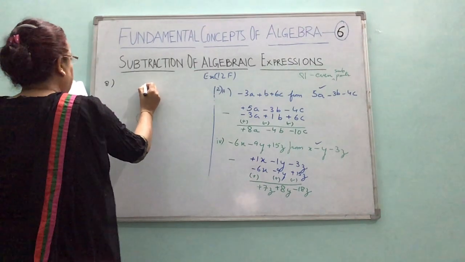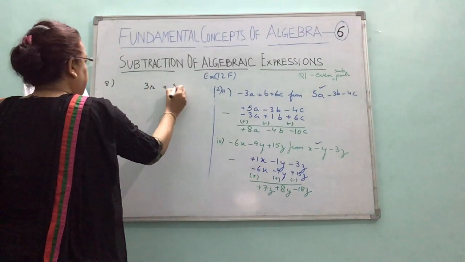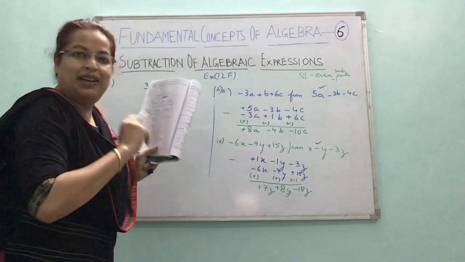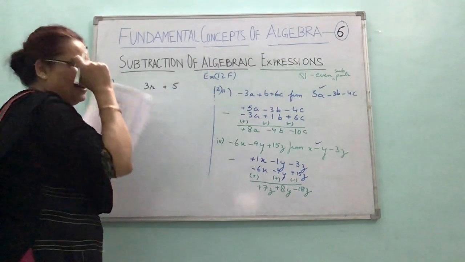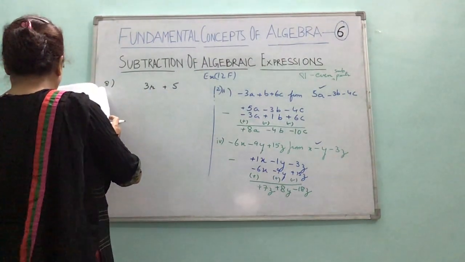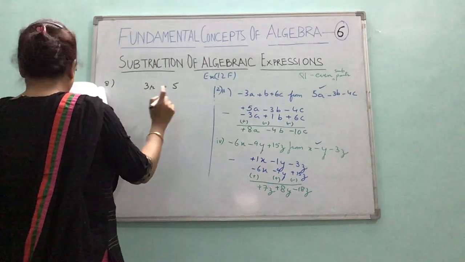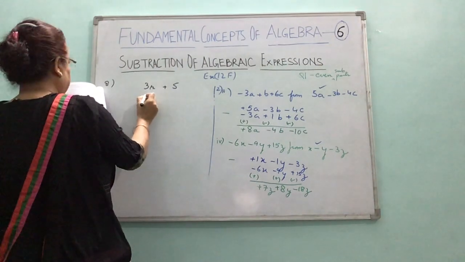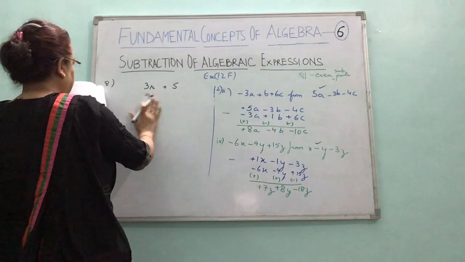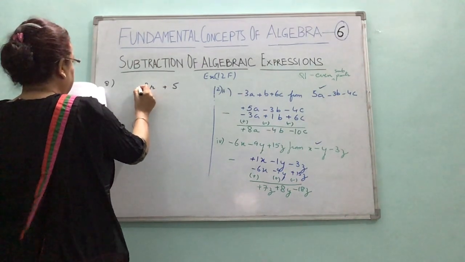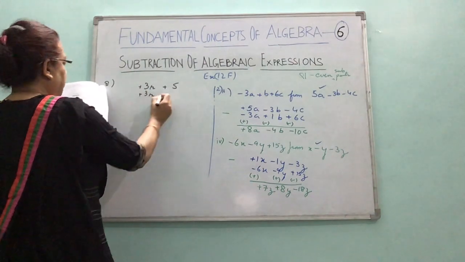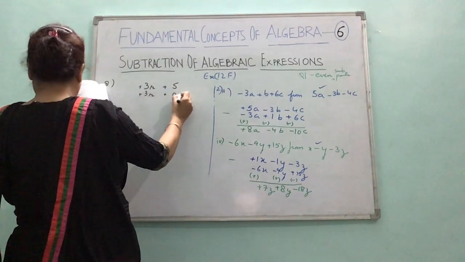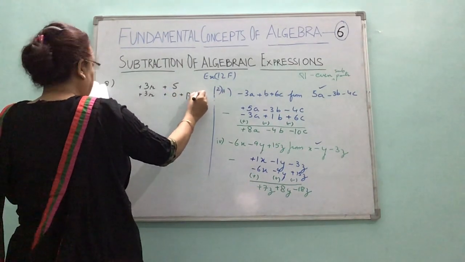So I'll arrange it: 3r plus 5. From the bigger I'll subtract the smaller, so I've written the bigger expression. It looks smaller, but actually the language says this is bigger, right? And then I'll arrange like term underneath like term. Now there is no term p. I can write here separately. R term is there. First I'll write the r term, plus 3r. Now the constant is not there. Plus 0 I can put. P is there. Minus 2q.